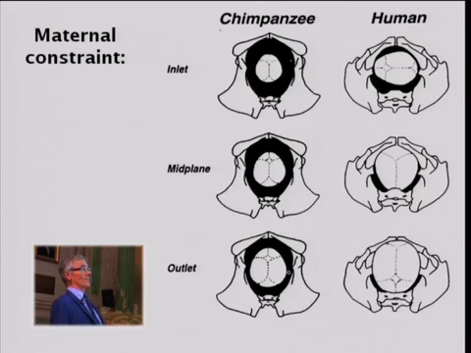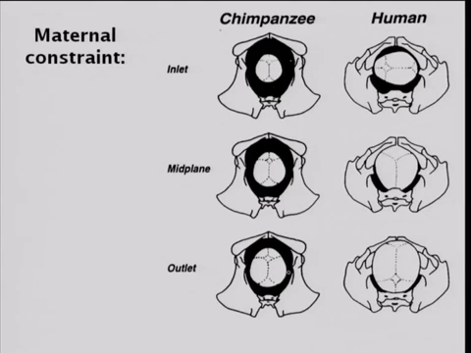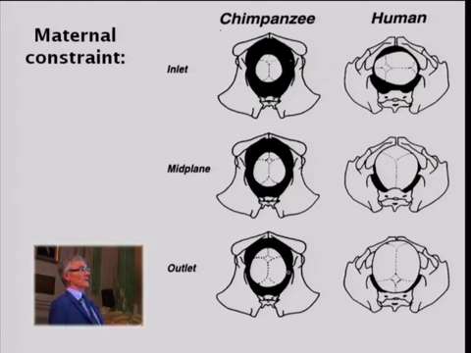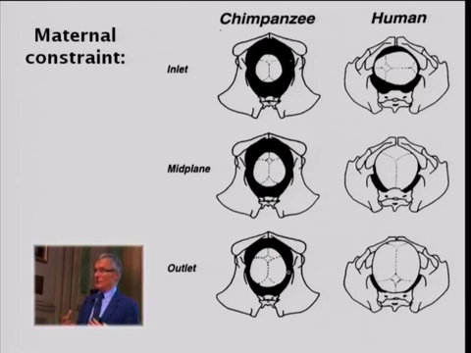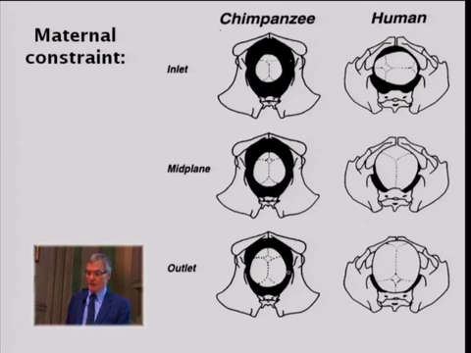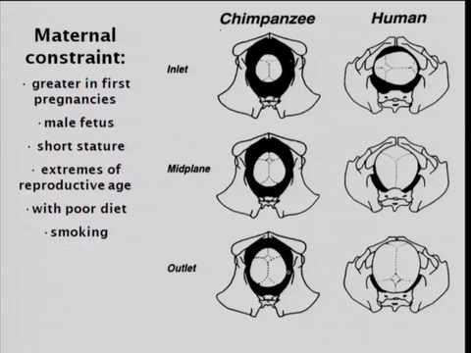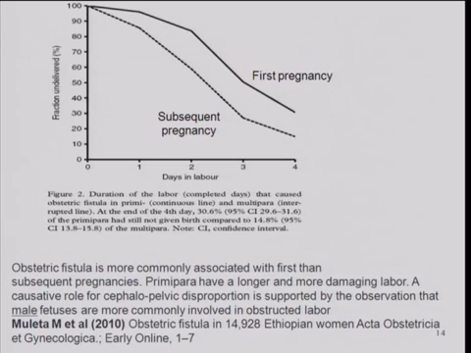So the size and shape of the mother's pelvis has to determine, to a degree, the size and shape of the fetus. And so maternal constraint must be very important in terms of fetal growth. And sure enough, if this process goes wrong, as it does regrettably in a large number of pregnancies, then you can have obstructed labour, you can have rupture, fistulation of the maternal genitourinary tract, and if you're a long way from medical care, as some women in Ethiopia are, you can end up literally having days of obstructed labour, and